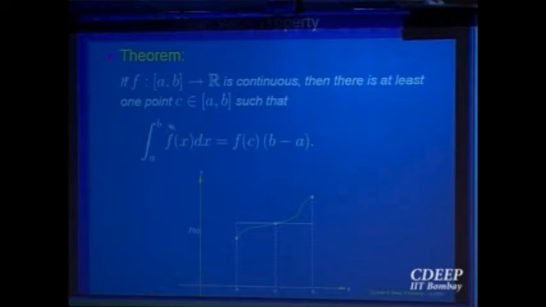The left hand side, intuitively, is the area bounded by the graph of the function. It says this area is equal to the area of a particular rectangle on the whole interval, with width b minus a. There is a point c where, if I take this height, then the area of this rectangle is the area below the graph of the function, right? There is a value in between. There exists at least one point. It only says there exists. You may not be able to find that point.